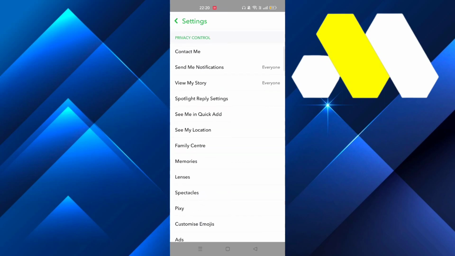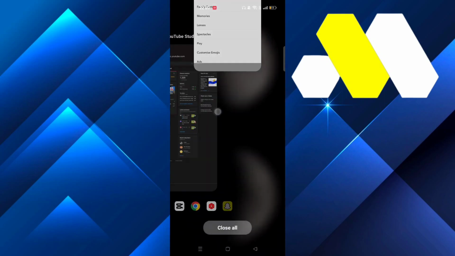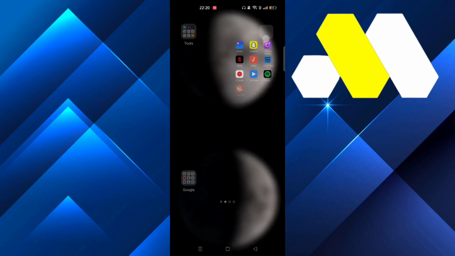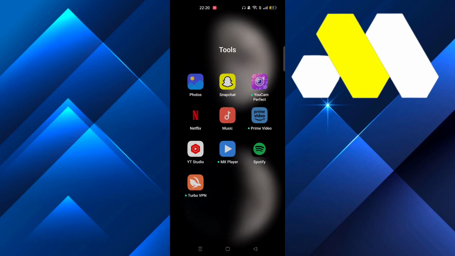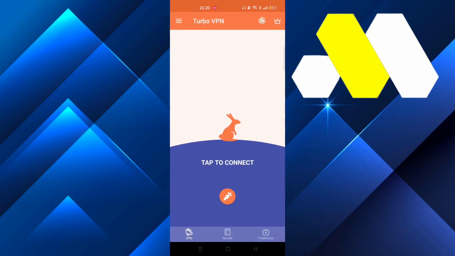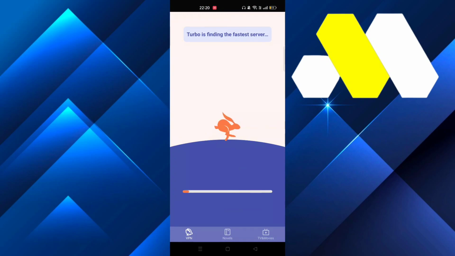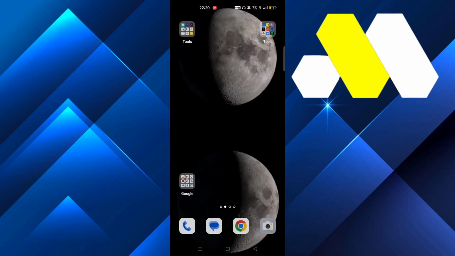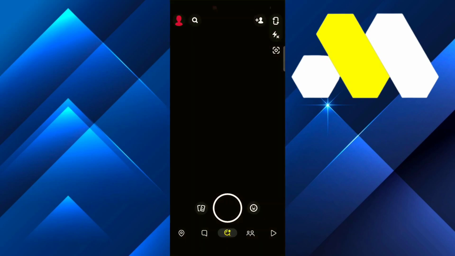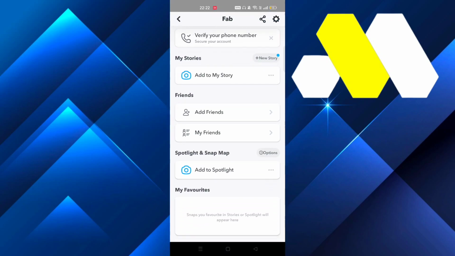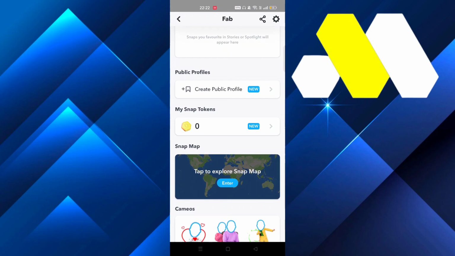After that, all you have to do is go and then just minimize this app. Then you have to go to a VPN like Turbo VPN. After it loads, click on tap to connect. Let it find the best server for you. When it connects, you go to Snapchat back again, click on your profile, scroll a bit down until you see